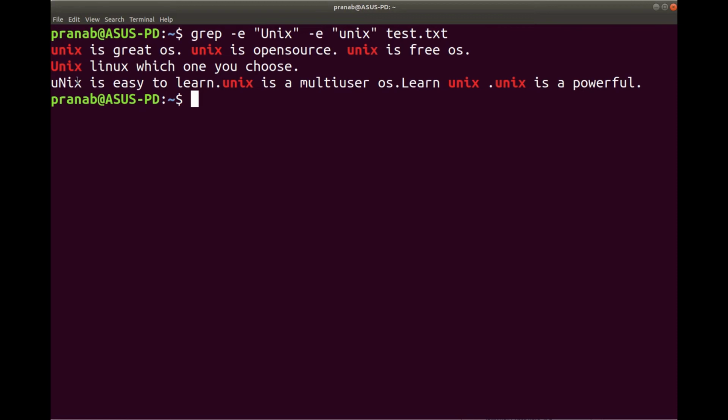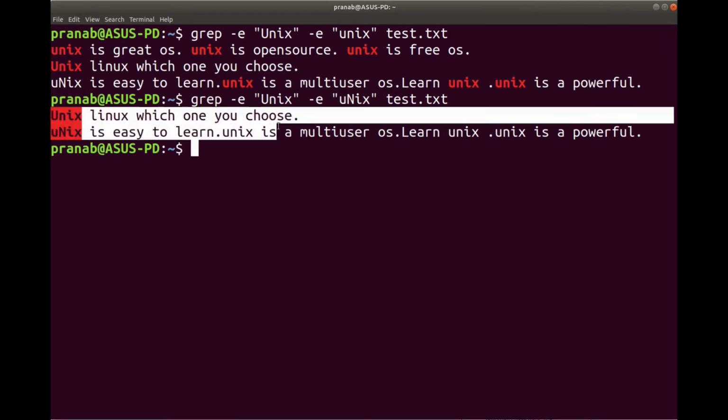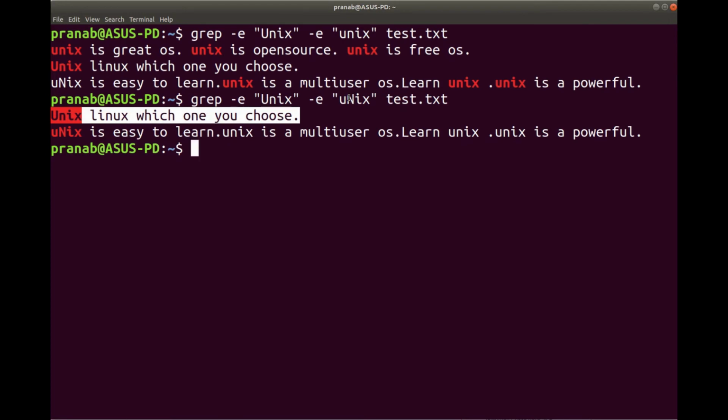Or if I change this to this one, you can see capital U, so this line is displayed, capital N, so this line is displayed. This is marked in red because these are the two patterns being found.